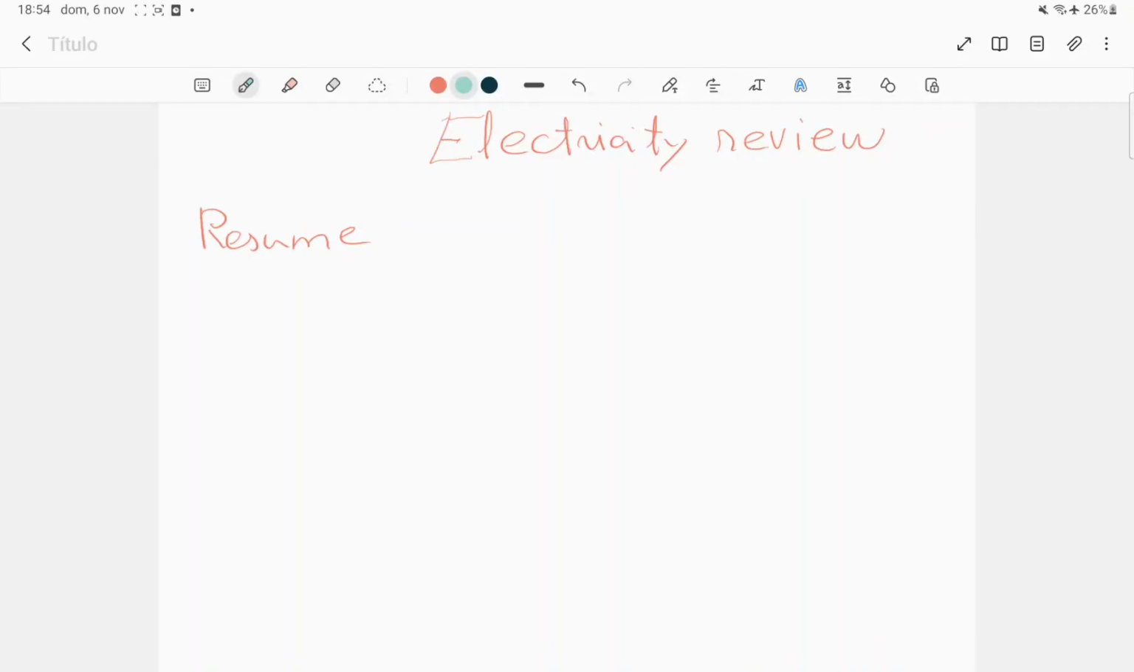Here is an electricity review. It's valid for both courses, for second and third. The difficulty of the problems is different, but you are seeing the same. So if you understand the easiest one, you are going to understand the others. So first of all, we're going to make a resume of series and parallel